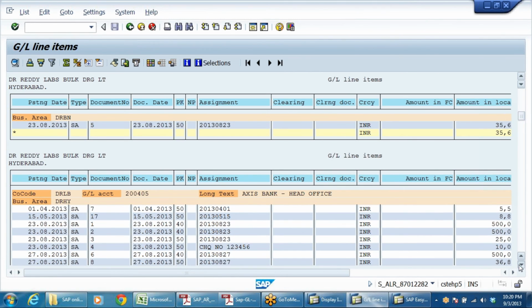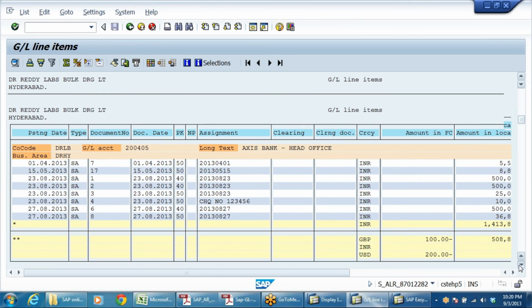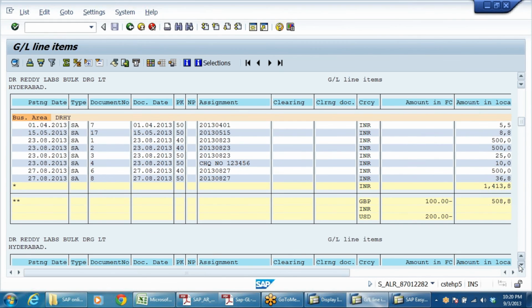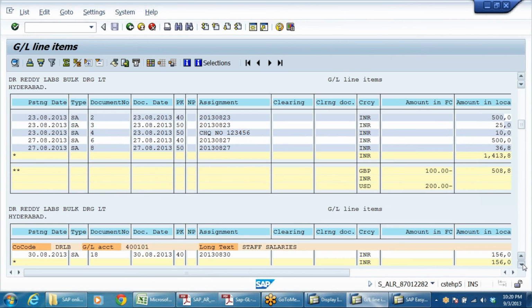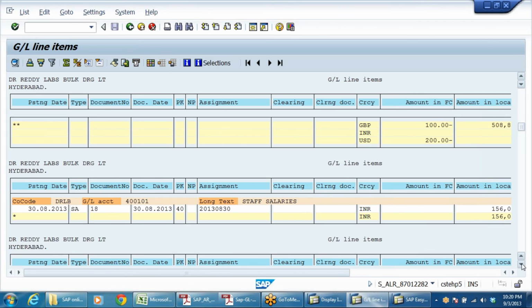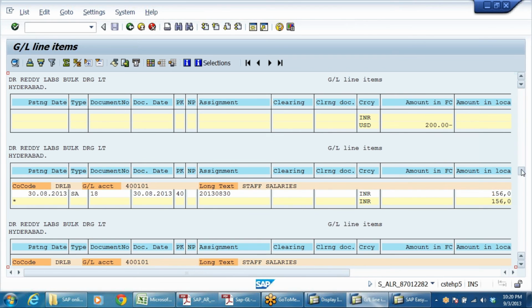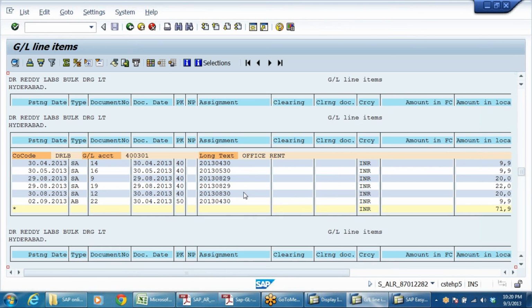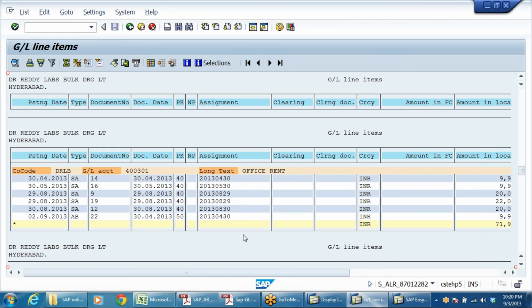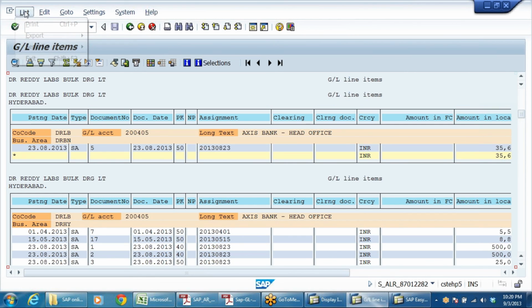It is giving business area wise. See, office rent. And if you want to download it into your system, you can do that.